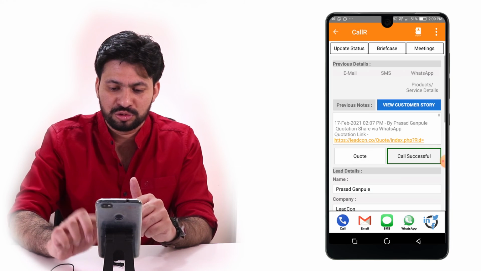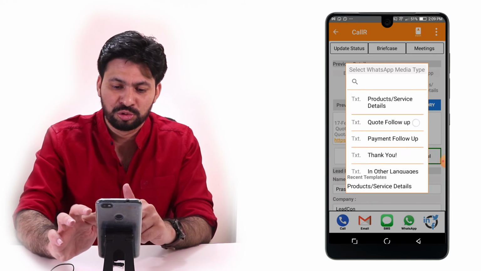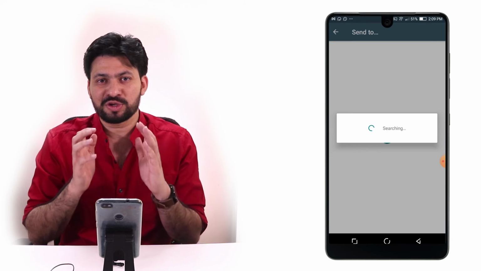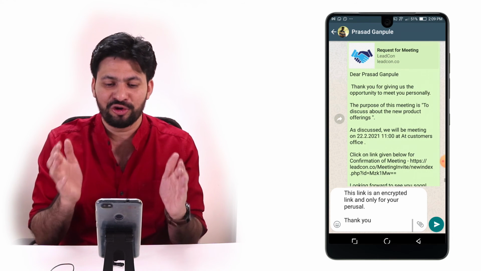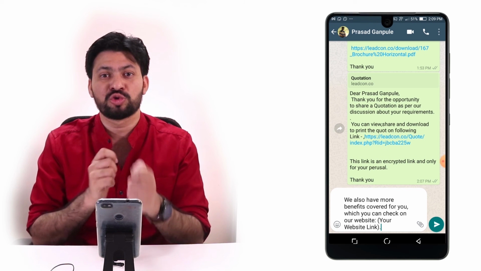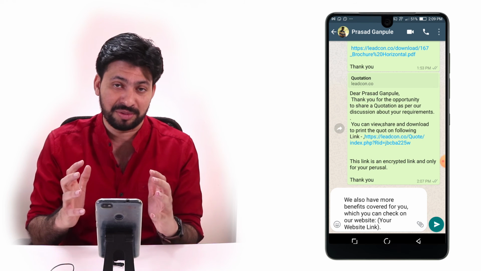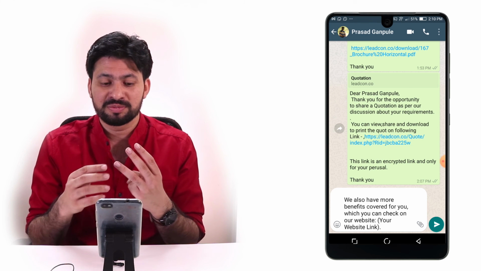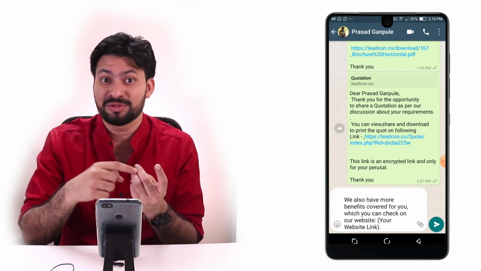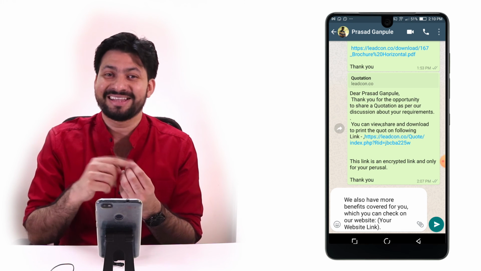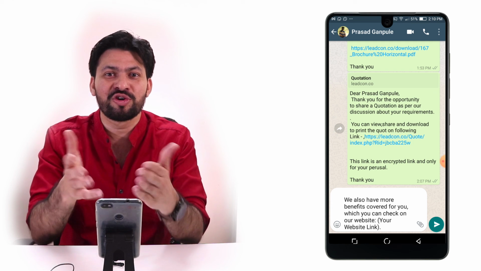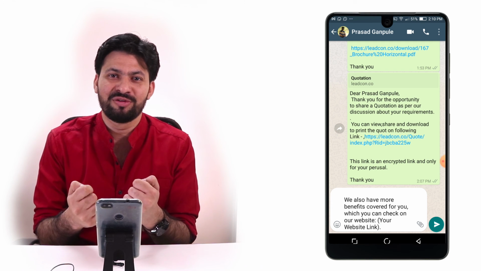Okay, so I'm going to show you. You click on WhatsApp. You can choose our benefits. You can send it to him. So the purpose of our application in the follow-up method is that you are connected with the customer throughout, giving him the right information. The three most important principles are knowing the customer, sharing information with the customer so that he can take a buying decision, and being available for the customer. Now that everything is on your phone, you would always be available for the customer.